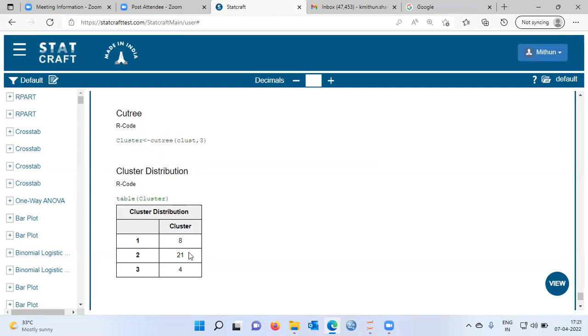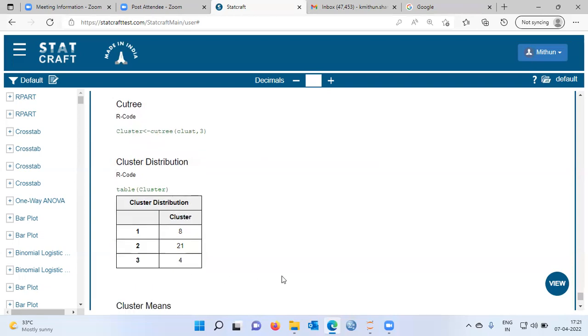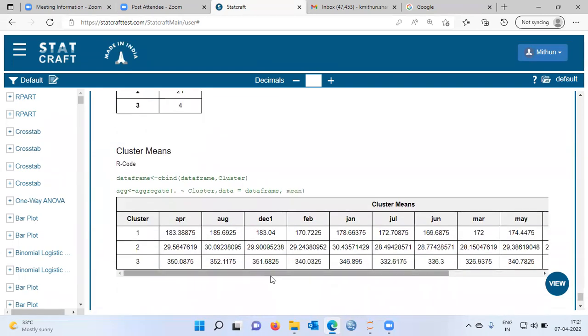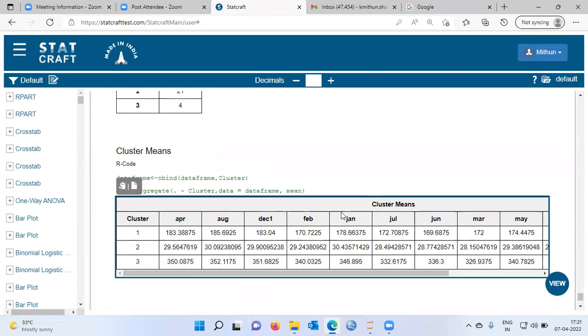In cluster 2, 21 regions are there. And in the last cluster, namely cluster 3, we have 4 regions. Let me scroll down. This is very, very interesting. What you see here is the cluster means. Along the row, you have the 3 clusters and their profile, and in the columns, you have the monthly power utilization. We will look at this table, but even before interpreting the cluster means table, I would like to show